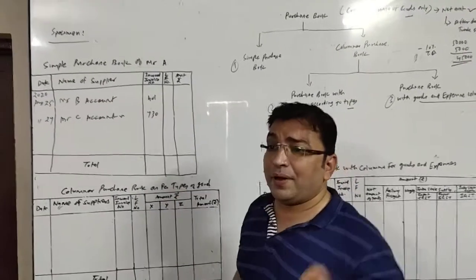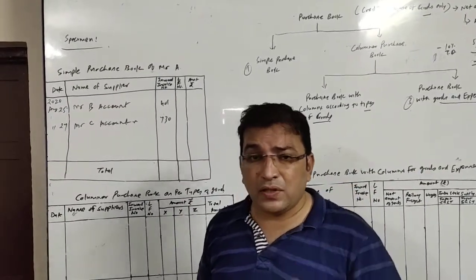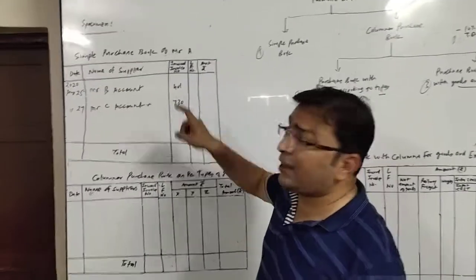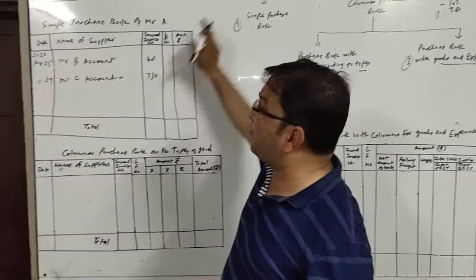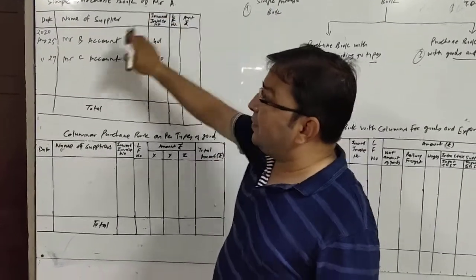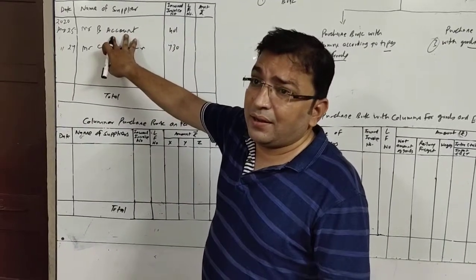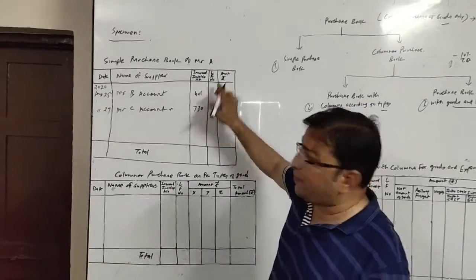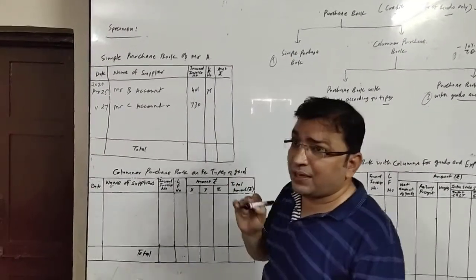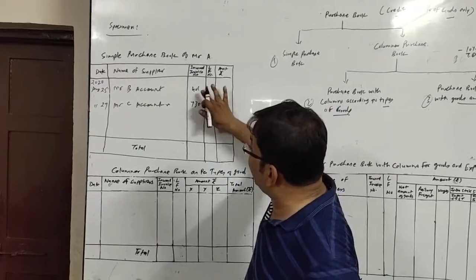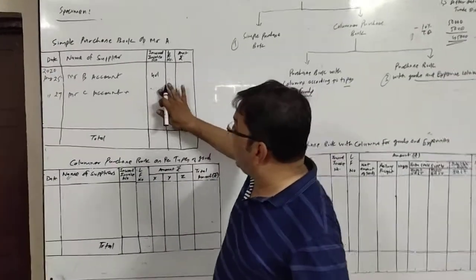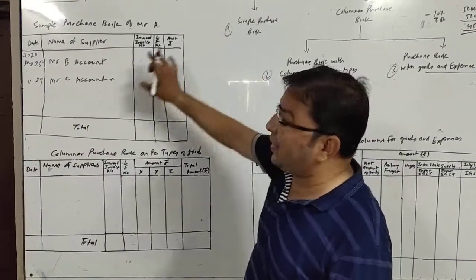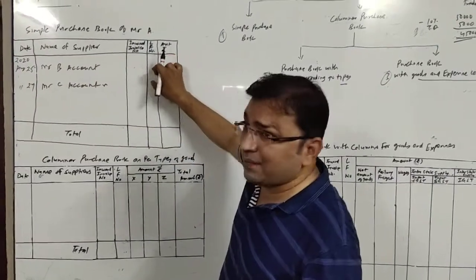Then LF number. If you remember, in journal format also we have LF number, ledger folio number. What do we write in ledger folio number? We will be writing the page number where B's account is maintained in the ledger. This amount will be credited in B's account in the ledger, so that page number we will write. Suppose it is page number 35, then page number 35. Whatever is the number of the bill comes in inward invoice number, and whatever page number we maintain the account of that person on comes here.